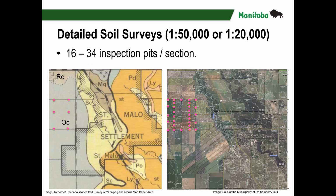So with more inspection pits per area, in our detailed soil surveys, depending on what scale we're doing them at, we conduct 16 to 34 inspection pits per section of land, compared to the reconnaissance survey, where only about 6 inspection pits were conducted per section of land. These more inspection pits provide more detailed information about the landscape and soil, as well as soil designations that can be made to the series level, which provides more information that can be used at the farm scale again, rather